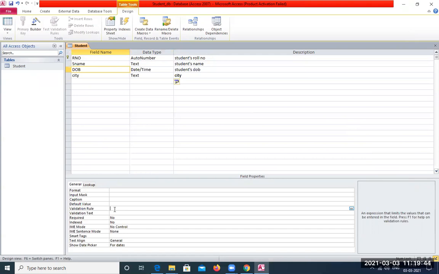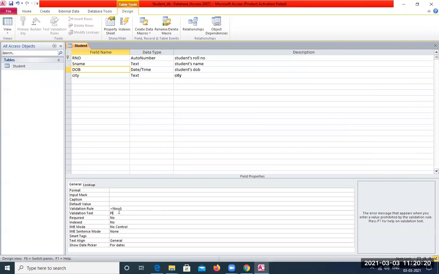So the validation rule is going to be less than now, because any person cannot enter the date of birth tomorrow's date of birth can't be entered here. Only till today the date of birth can be entered. So we cannot enter a date of birth more than today. We cannot enter a date of birth for a person who is not yet born. So for that we have a function called less than now, which is to be written beside the validation rule. Press enter. Now we need to provide a text there.